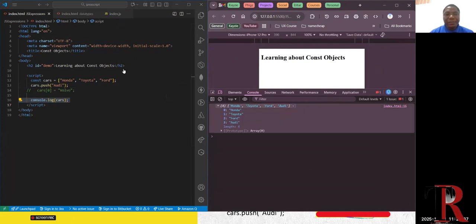Now, if you look at it, initially I have 3 elements in my array, but now I'm getting 4 elements because the push method is a way to work with arrays. I've used it to add another element. So if I have multiple elements that I want to add, I can do it inside the same